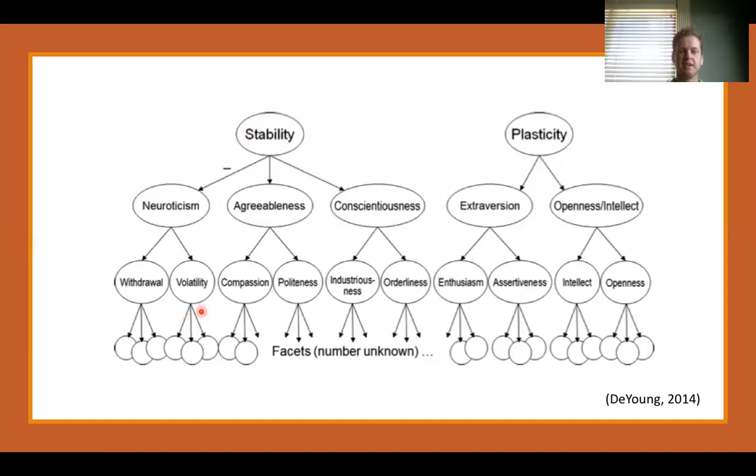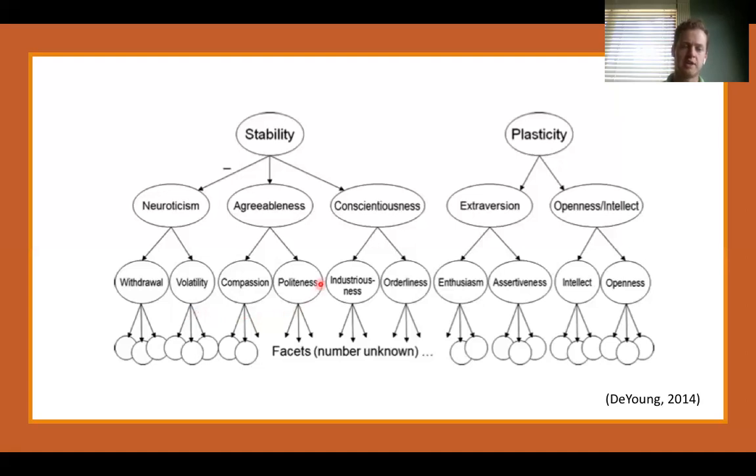Now, volatility. With withdrawal, it's more the passive avoidance. Volatility is active defense, so that's more associated with anger. A quick note: all neuroticism in general is associated with negatively valenced emotions. So I've mentioned anxiety, depression, and now anger with volatility. And anger's function, its mechanism, is to either avoid or destroy the threat. That's what anger usually does. A lot of times when people are angry, they have a desire to destroy the obstacle or the threat that is there.